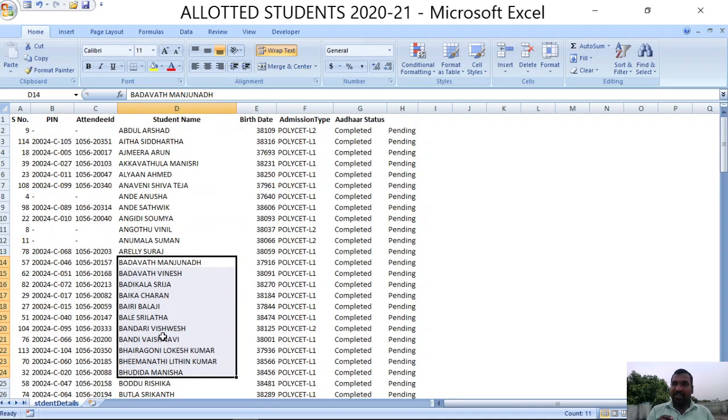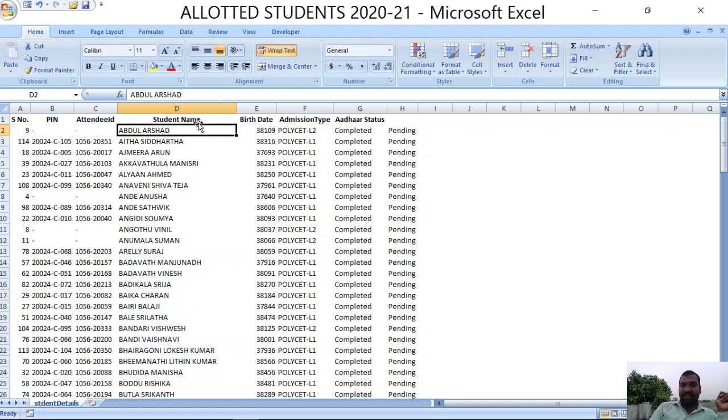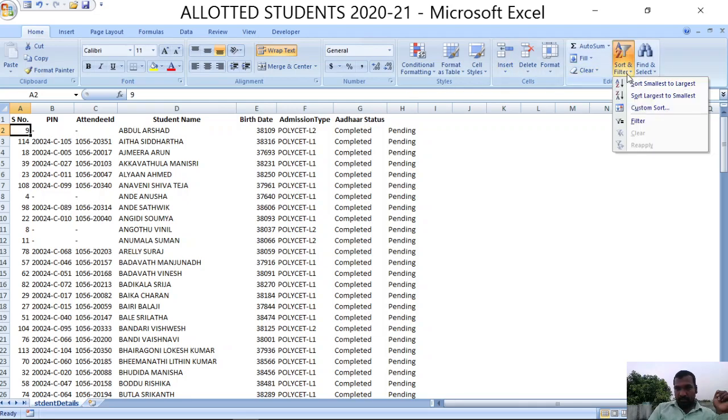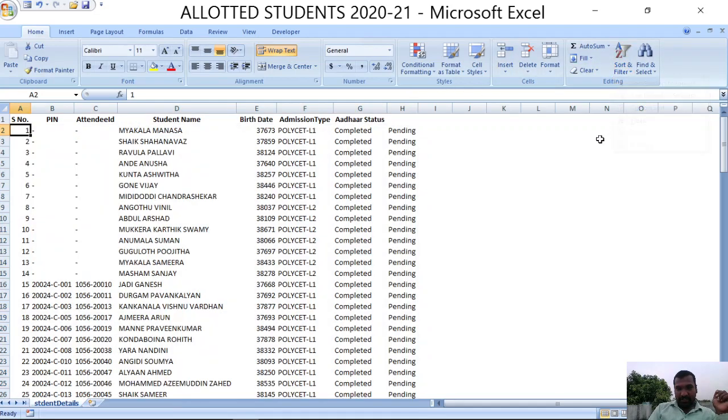It considers only the student name. They are sorted in alphabetical order. Now I am applying sorting operation to display sequentially.